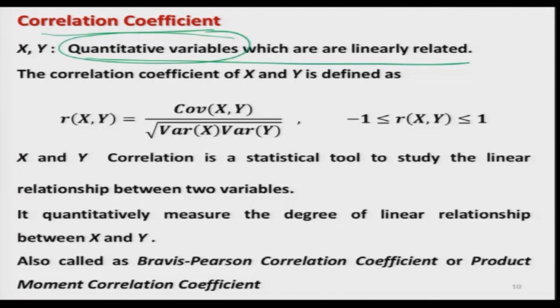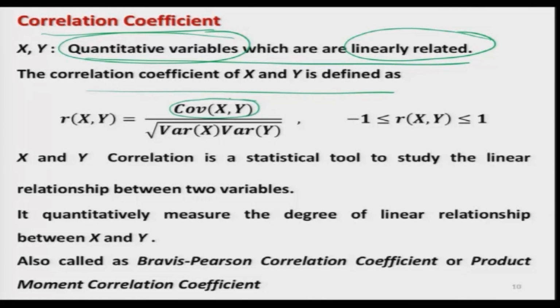Many people forget this assumption. We are assuming that x and y are linearly related. That is very important. Many people forget that the relationship has to be only linear, linear and only linear, right. In this case, the correlation coefficient between x and y is defined as the ratio of covariance between